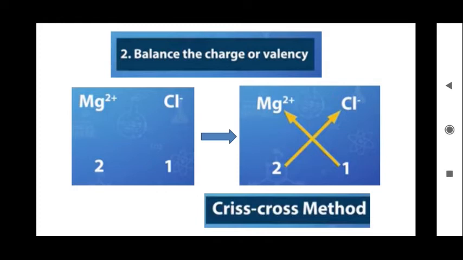After writing that below, you have to crisscross, like magnesium's valency goes to chlorine and the chlorine valency goes to magnesium. This is called the crisscross method. We write Mg, and below Mg we write the valency of chlorine, that is 1, Mg1. And next we write Cl. What is the valency of magnesium? 2. So below chlorine we write Cl2. After writing that we will get the formula